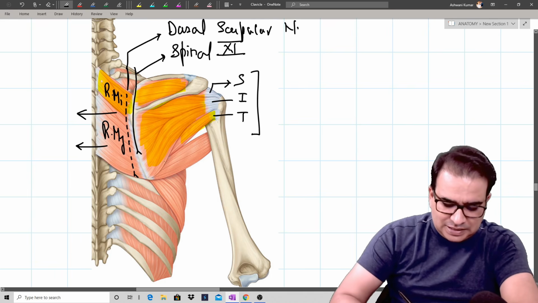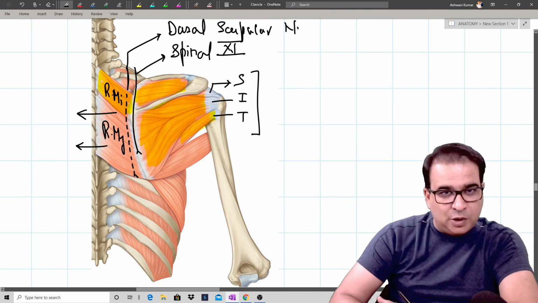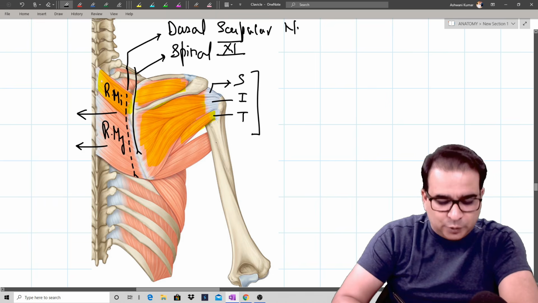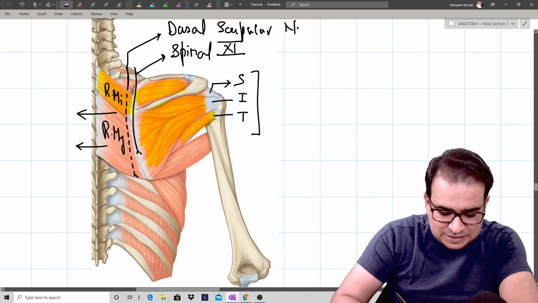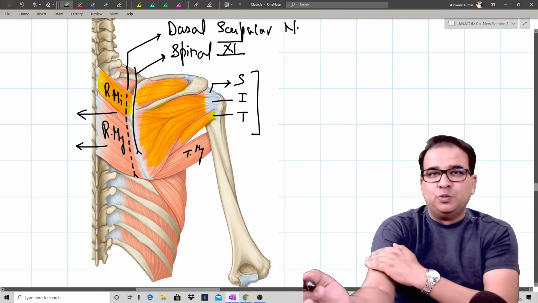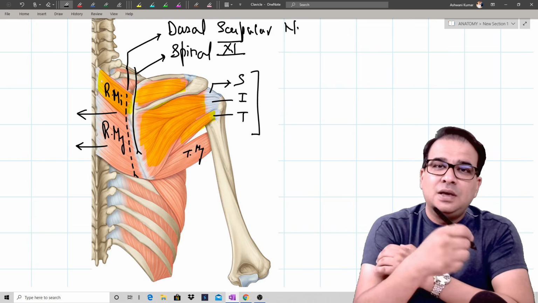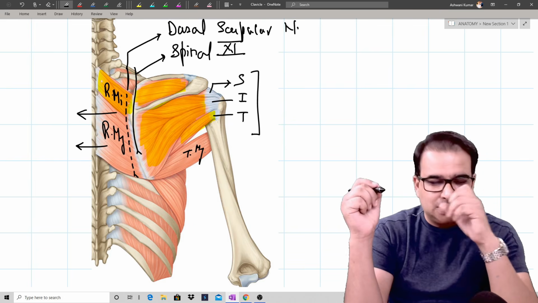And can you see that we said teres major muscle will originate from below, from the same lateral border, but you can see it is not going on the posterior side, it is moving forward. You can see this teres major muscle is going in front of the shaft of the humerus to attach to the medial lip of the bicipital groove, and that's why it was a medial rotator, unlike the teres minor.